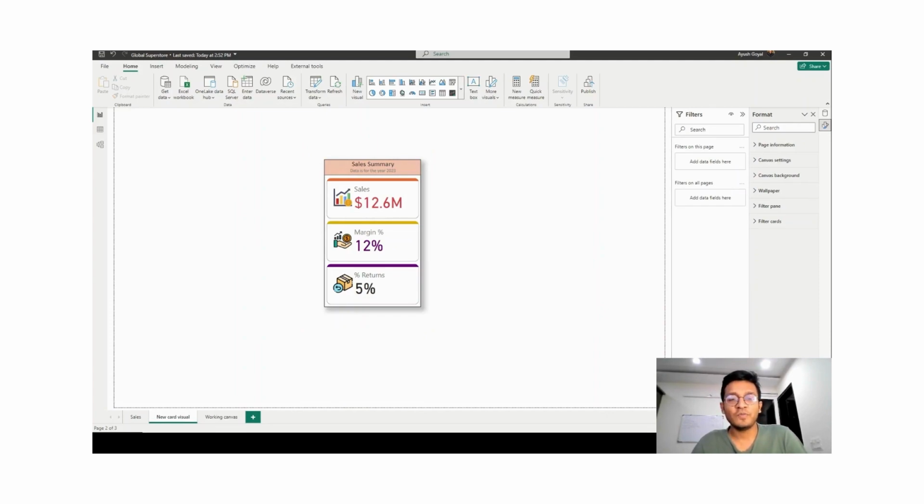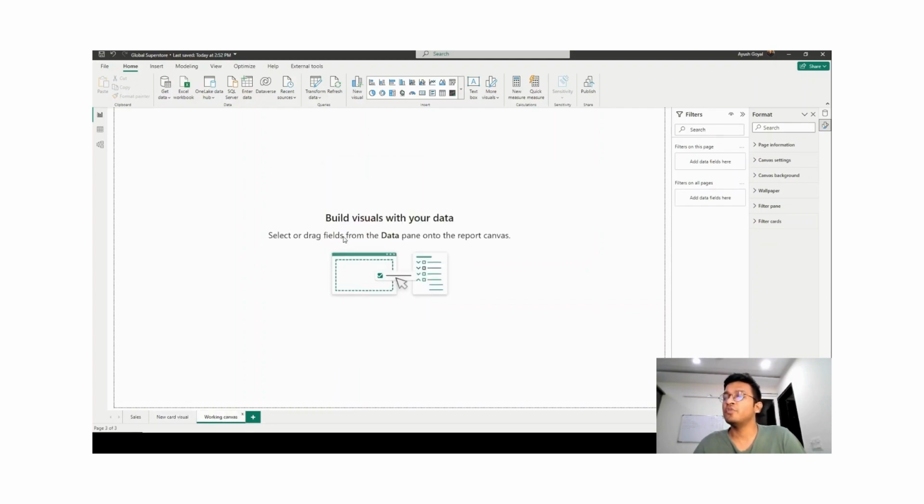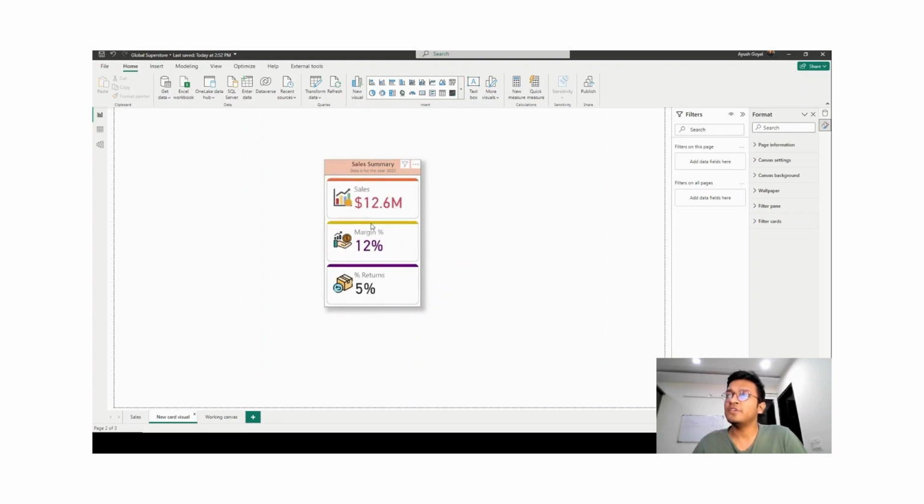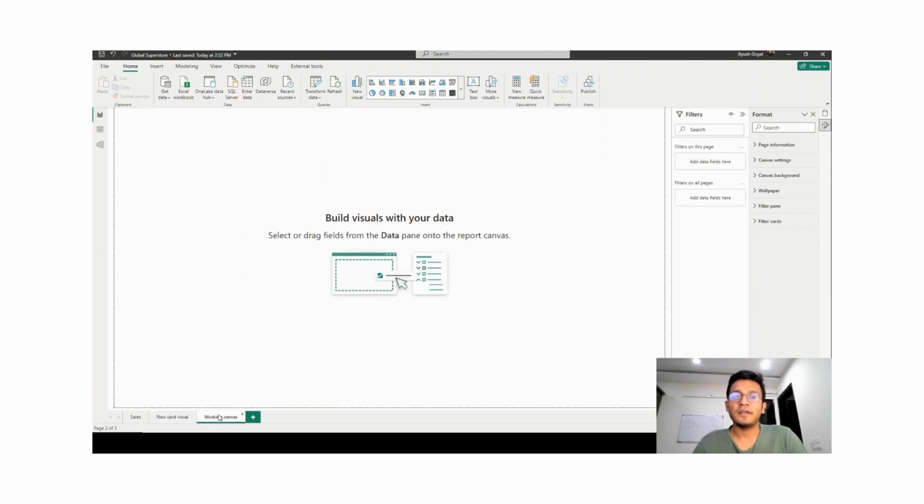All right, so what I'll do is I go to the working canvas, and let's just review all of the formatting features in this new visualization, and on the go create a similar visual like this by using the formatting options that we need to create this. All right. Okay, so the first step that I'm going to do is I'm going to click on the new